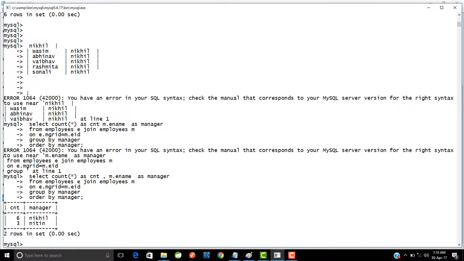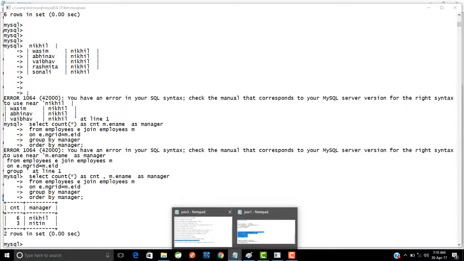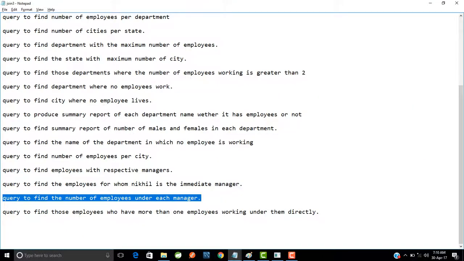See, you are getting under Nikhil, how many employees are there? Under Nikhil, 6 employees are there, and under Nitin, which is one more manager, how many employees are there? There are 3 employees under Nitin. Okay, and then I just want you to attempt one more last query for